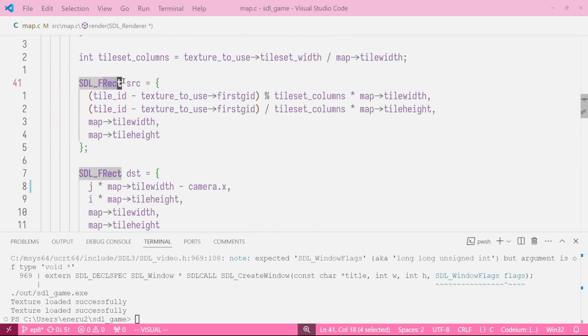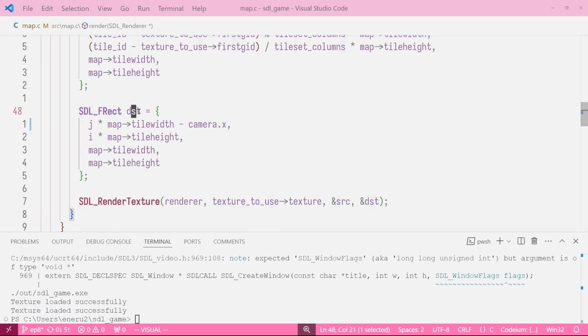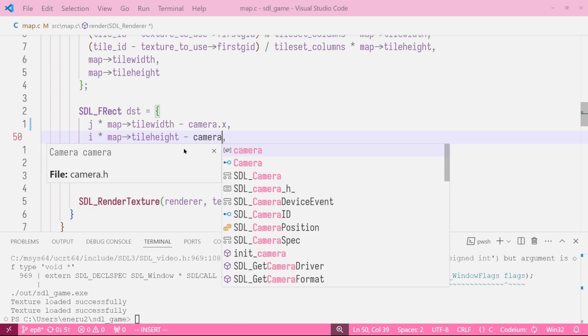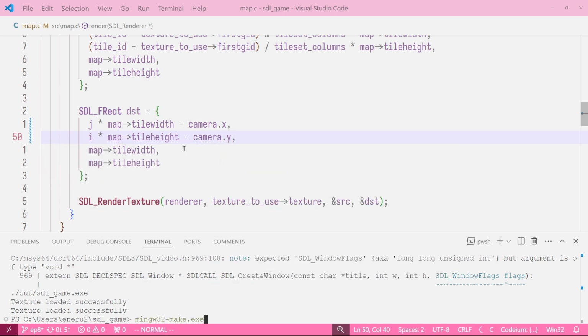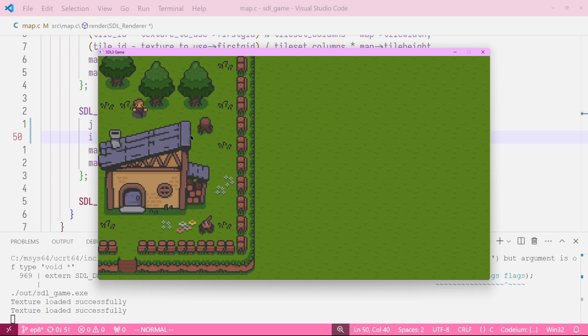If you remember, this is the source rect. Where do we get the texture? From our tileset, and then we have the destination rect. This is where it's going to get drawn. So what we do is just subtract from where this is getting drawn the camera X, and we do the same for the camera Y. And now if we try to compile our game again, if I move, everything works fine for now,